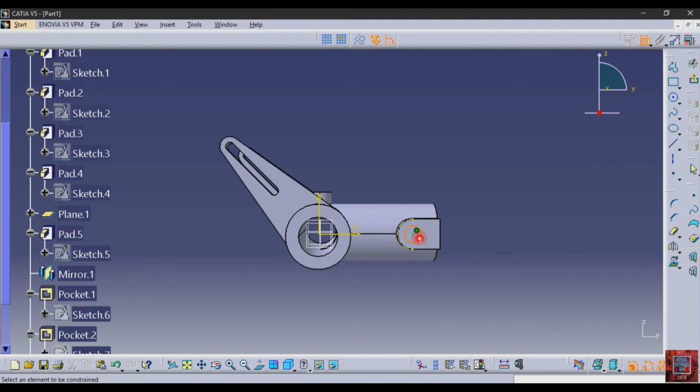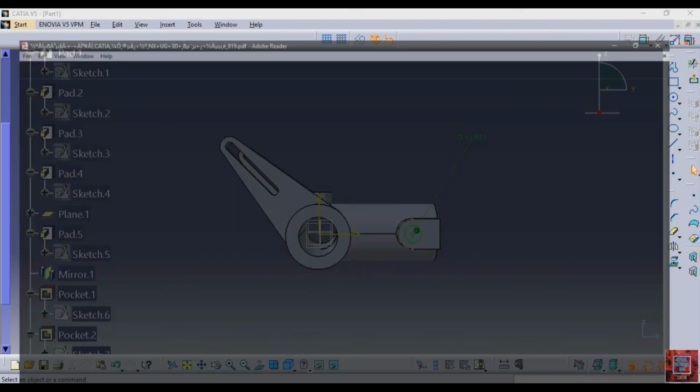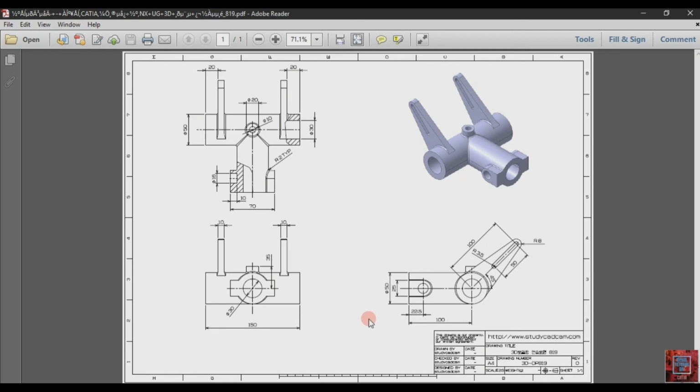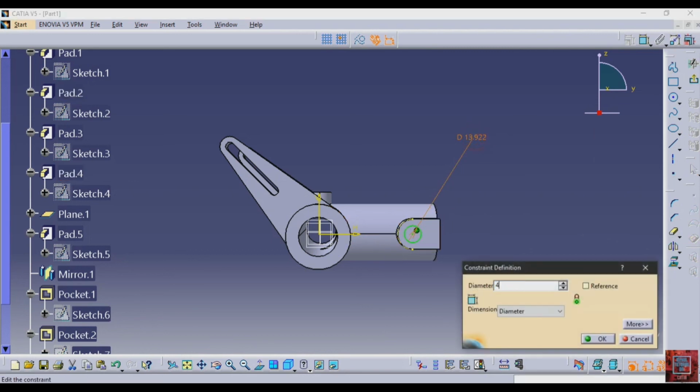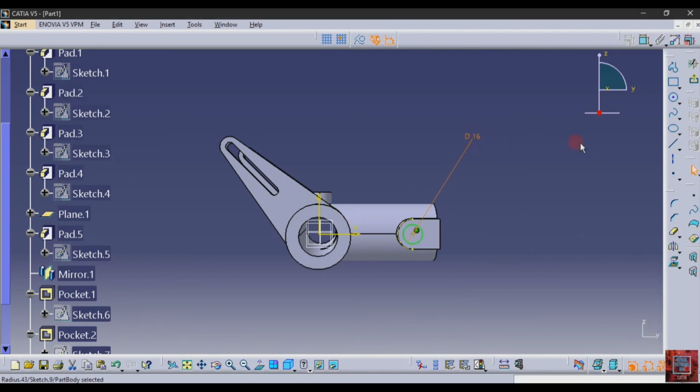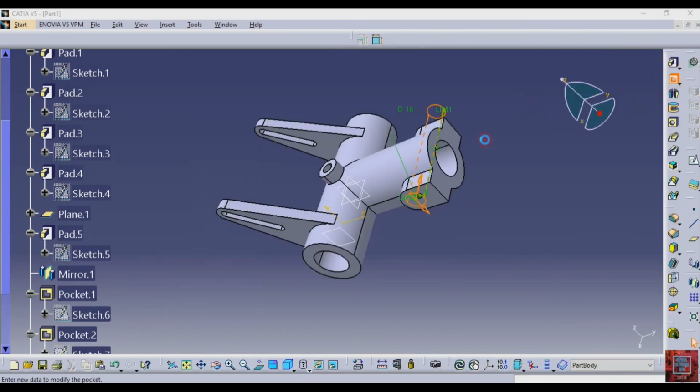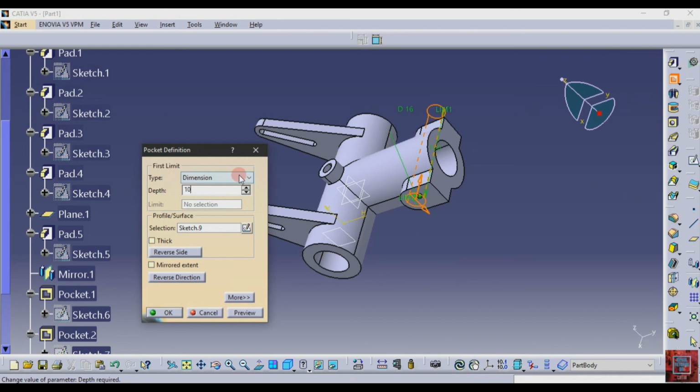Give the diameter of the circle: the diameter is 16 and the pocket distance is 10. Double click on this and type here 16. Exit sketch, pocket up to 10 mm.